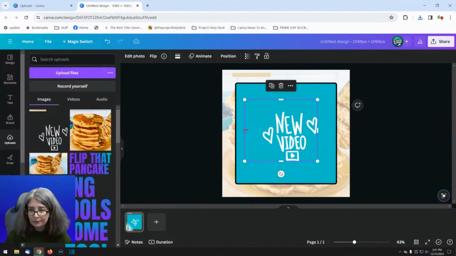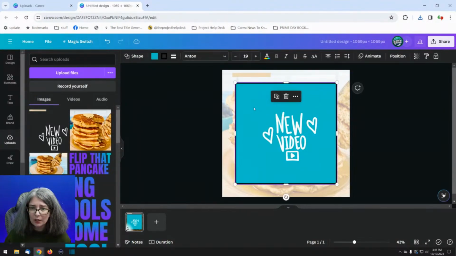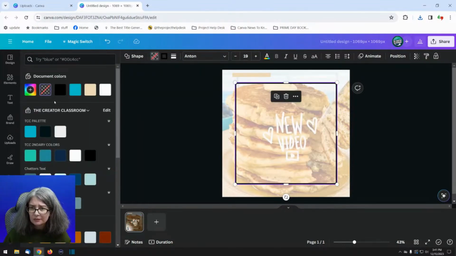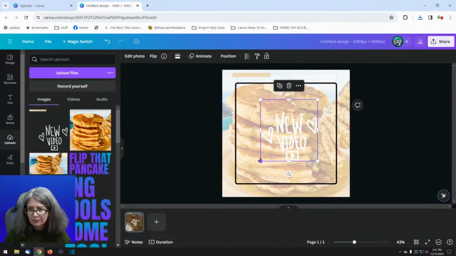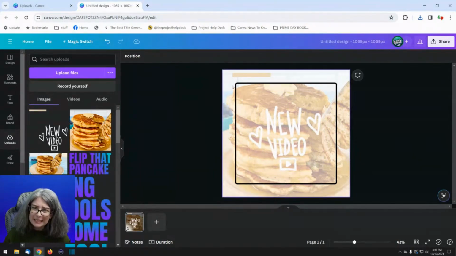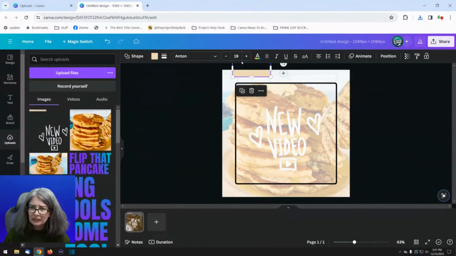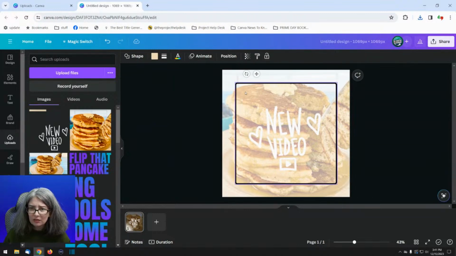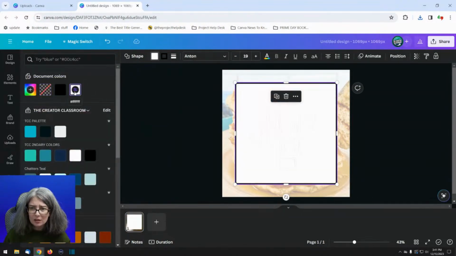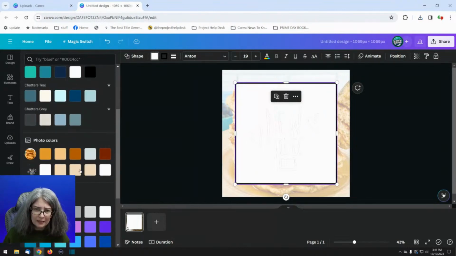All right. Now what can we do? We're going to change this. We need something here. What if instead of it being this, it was not white?